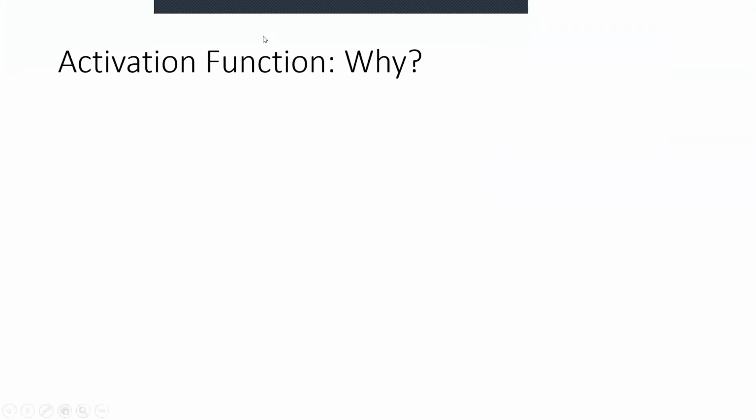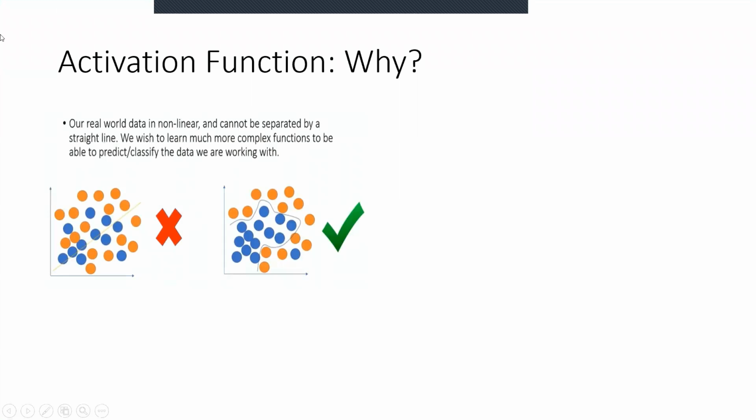Hello friends. So today we are going to study the activation function, why the activation function would be required in a neural network, and what are the advantages of using the activation function. If you see our real world data, it is non-linear, as we have already studied earlier, that a single line would not be able to classify my data set into two classes, right? So some non-linear functionality would be required to classify my data set into multiple classes, correct?